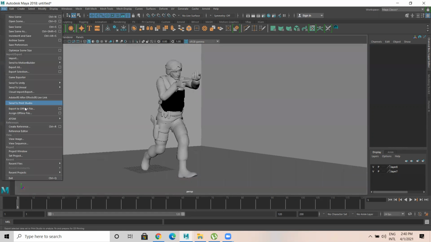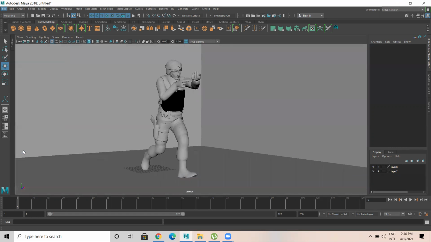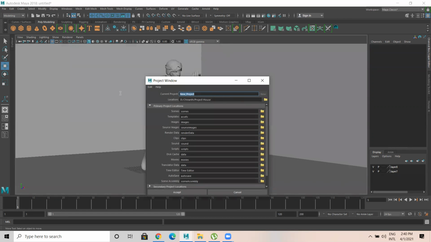So file, new project. Let's set the new project as 3-point lighting.